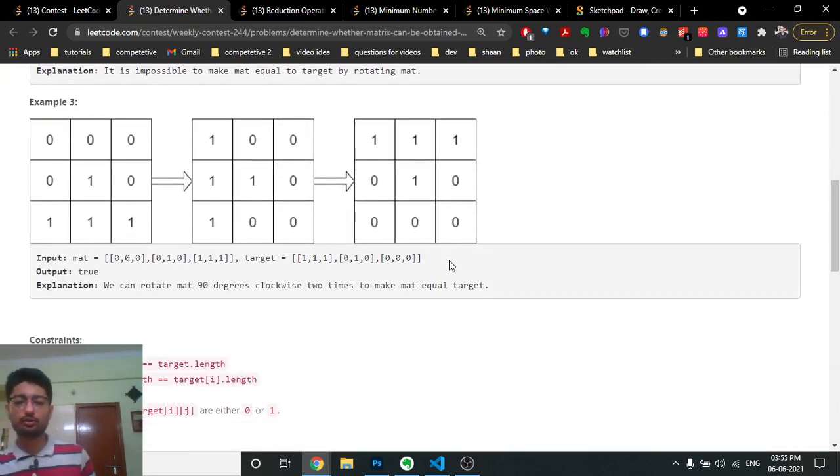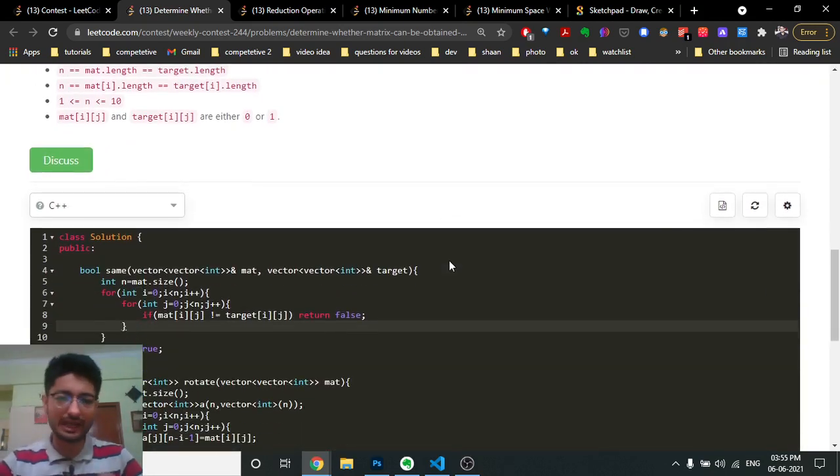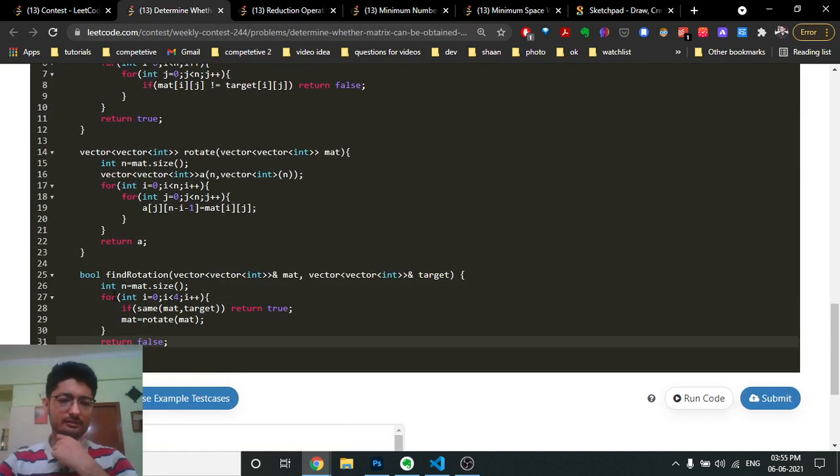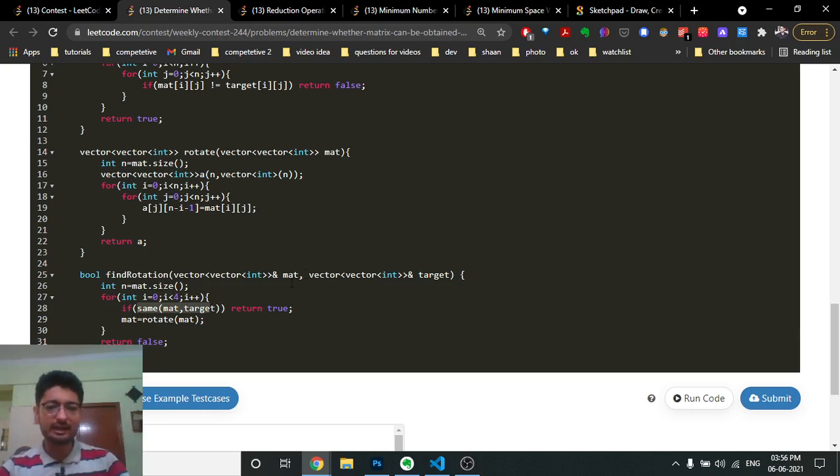So that's a simple observation. If you do not know the code to rotate a matrix, I will tell you the observation also, but it's a very standard problem. What I actually did in the code is make a for loop 4 times. I check whether the matrix and the target matrix are same, using the same function. If they are same, then return true.